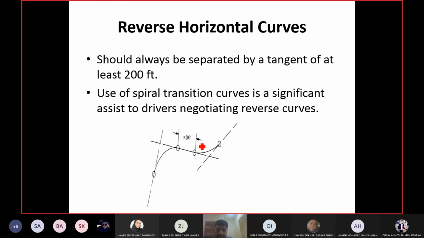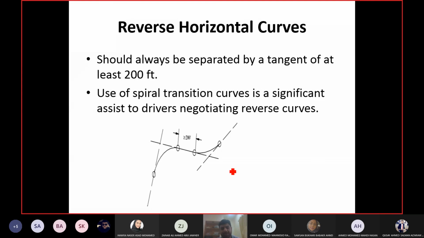Here they are saying separate them by force. Okay. If you are having two circular curves which are in different directions like this, separate them by force to make sure the length between them is at least 200 feet. Okay, or more than 200 feet, not less. Okay. Secondly, since reverse horizontal curves are dangerous, they must be provided with spiral transition curves. I told you last week that spiral transition curves are not provided in all cases for joining the circular curve with the tangent because of the construction cost, which is higher for the spiral curve, and because of the complexity in laying out the curve as well.